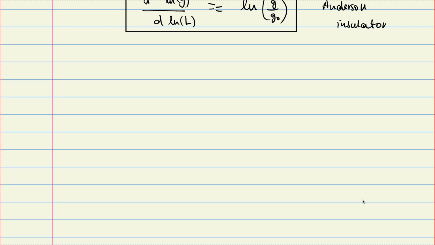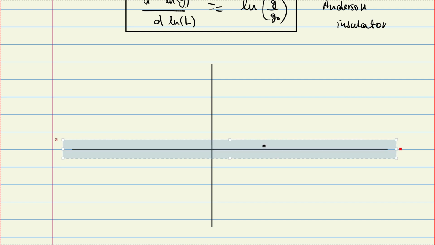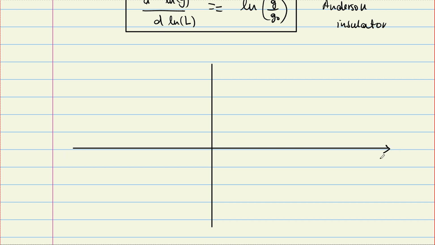And once you derive the beta function, the second step in the RG procedure is just to look at how things change in the parameter space. So we are considering ln g, and we want to see what beta of g is. And so when ln g is really large, we have the good metal side. And when g is very, very small, that means ln g is going to be negatively large. So this is the good insulator side.